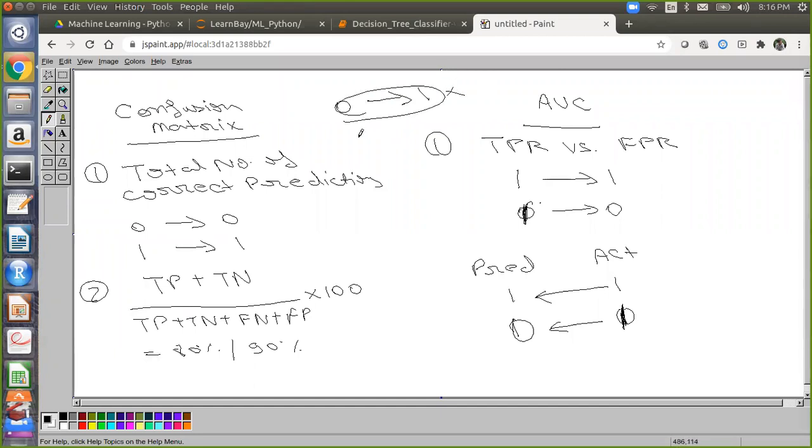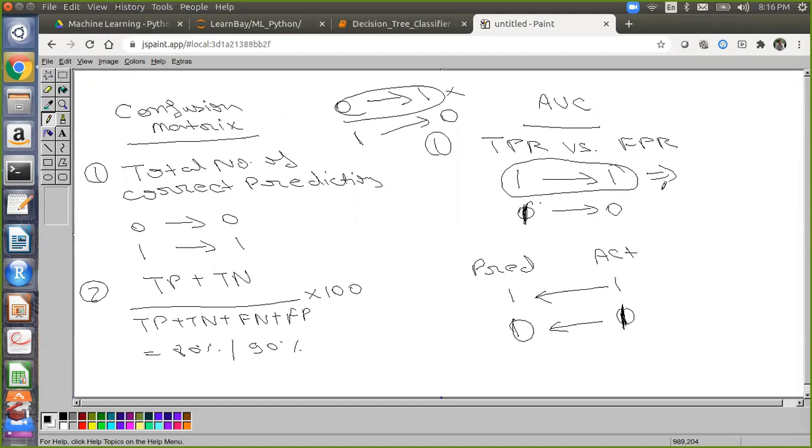Now another person came. This person actually has cancer. When the model made the prediction, the model told him no, you don't have cancer. Now this person will go happily to his house and after 1 or 1.5 months he will die. So actually the person was positive, but the model told no, 0. So in some applications, predicting 1 as 1, meaning if somebody has a disease, it has to be predicted as disease, is very important. That is why prediction of 1 as 1 is important in many domains, especially in the health domain.